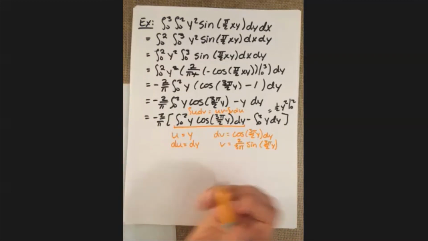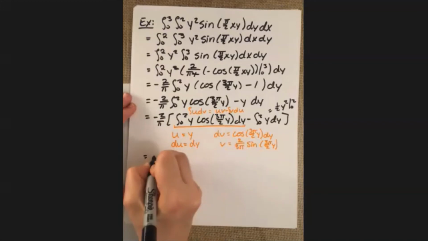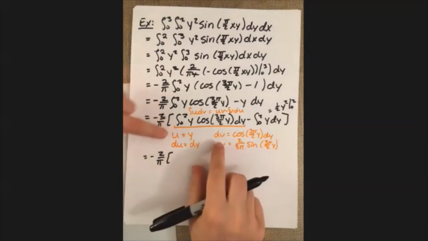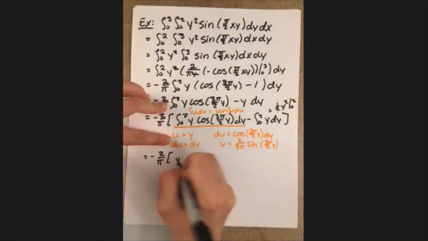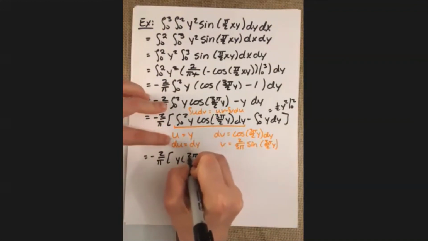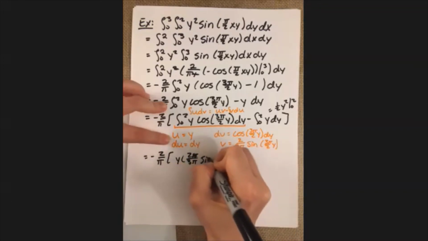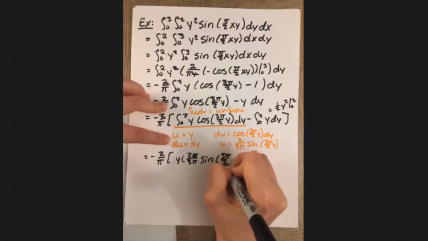So I'm just going to do that in the next line, combine it all together. This is equal to negative 2 over pi times u times v. So I'm going to have y times 2 over 3 pi, no pi up there, sine of 3 pi over 2 y